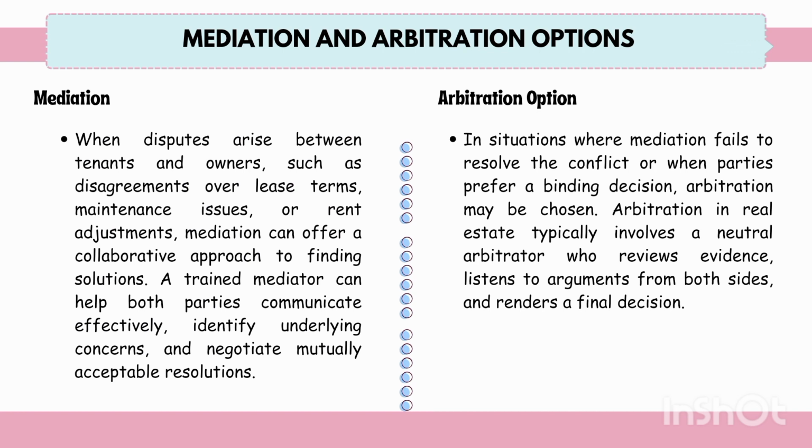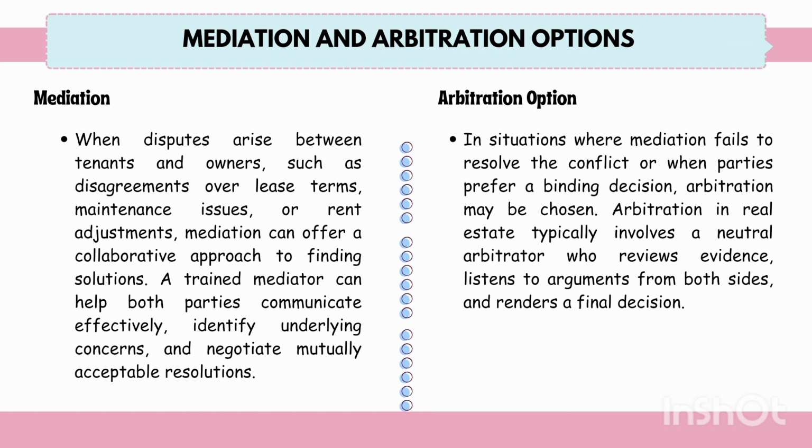For example, if a tenant feels that repairs are not being made promptly, mediation can facilitate a discussion about the necessary repairs, timeliness of the issue, and the responsibilities, leading to a resolution that satisfies both parties and preserves the